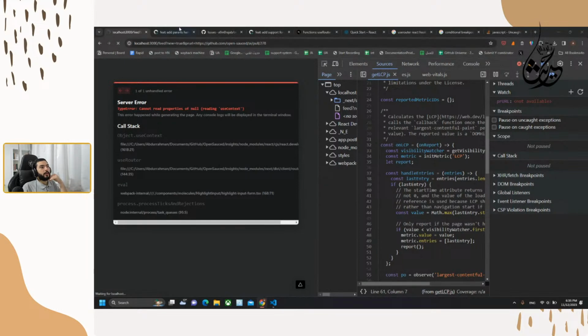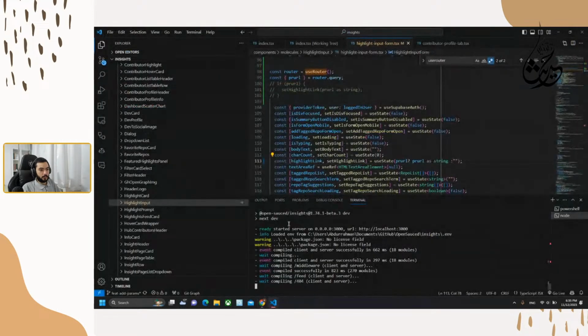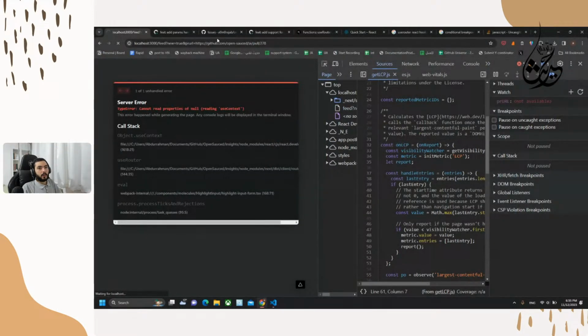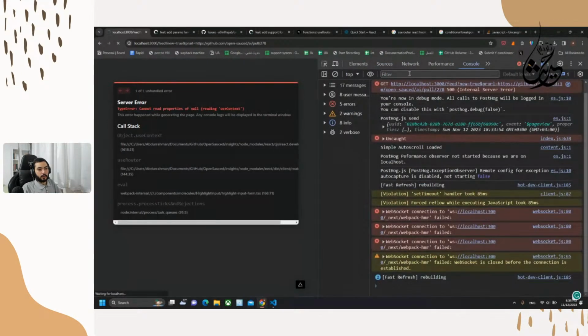Okay, so while we are waiting for this one to run, because we are waiting on my PC, it's run everything here, and we see there's nothing in that we need.